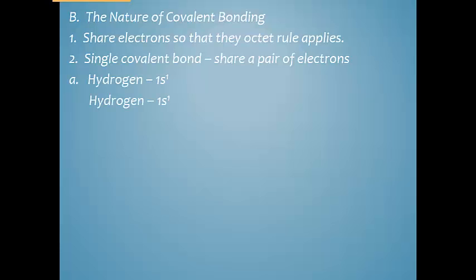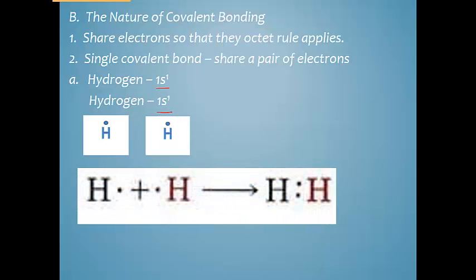So for example, if we look at hydrogen, and remember this is a diatomic, so we have hydrogen bonded to another hydrogen, you can see that neither one of them has their lowest energy level full. So hydrogen would be happy with 2 electrons just because 1s can only hold a total of 2. So what you have is the 2 hydrogens, and we have their dot diagrams here. And instead of them gaining or losing electrons, we're going to show that the electron here is